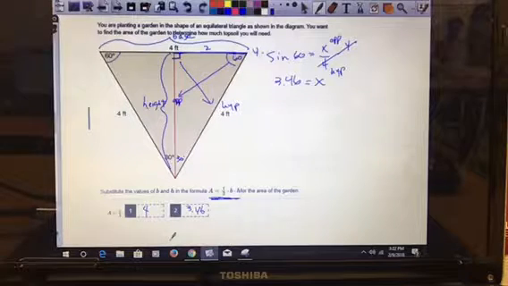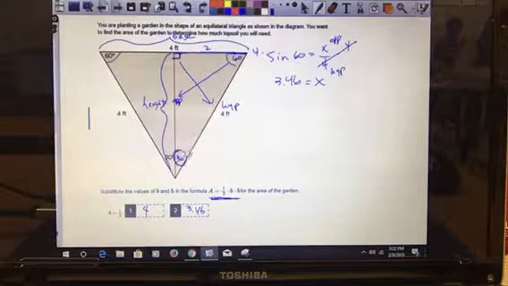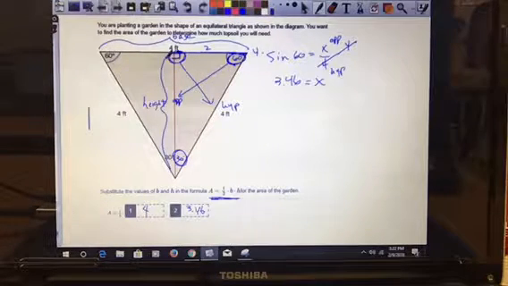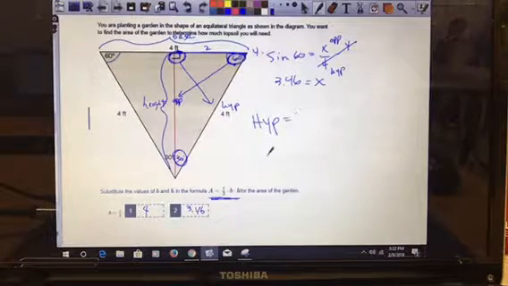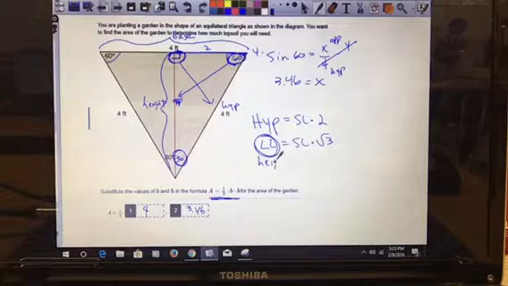Probably not the fastest way to do it because they're trying to help you see that this is a 30, 60, 90 triangle. And there was a whole section based on those two triangles, 30, 60, 90s and 45, 45, 90s. So I think what they're hoping here is that you'll use the formula hypotenuse equals the short leg times 2 and the long leg equals the short leg times radical 3 in this one. And what we're looking for is this long leg right here, which is my height. So all I need to do is take my short leg,